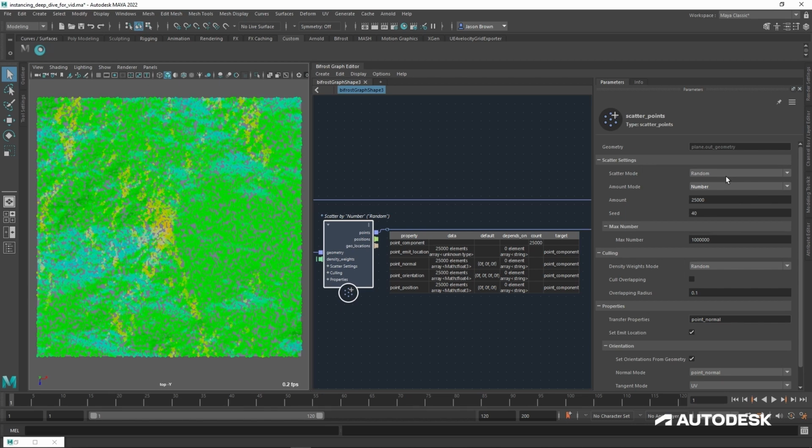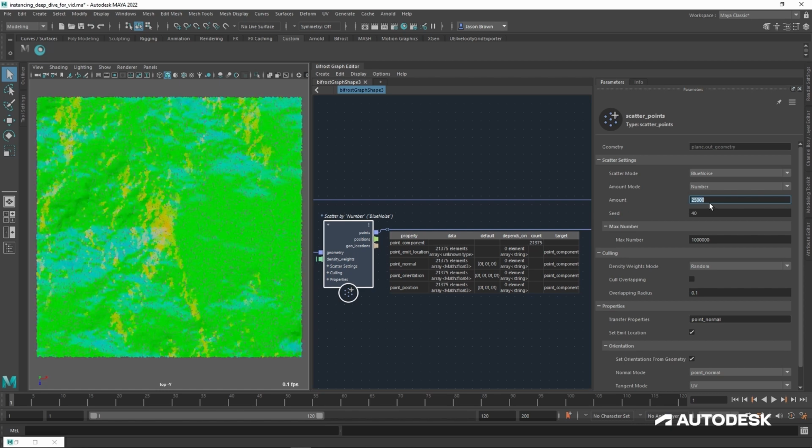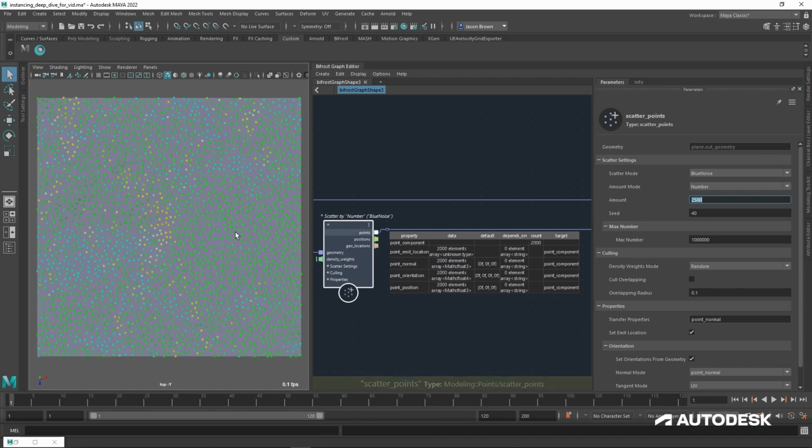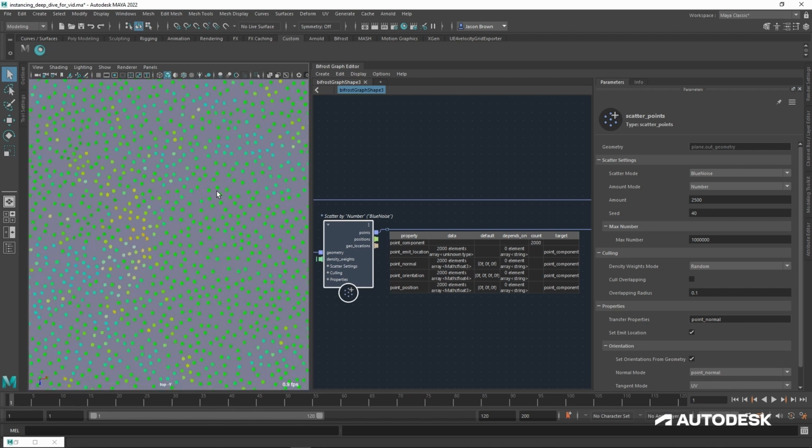So getting a little bit ahead of ourselves, but what we have here is random. Random scatter picks a point based on a seed; it's a random number generator across this piece of geometry. Then blue noise. And what I'm going to do there, I'm going to drop the point count. You can suddenly see what blue noise is doing. So what blue noise is doing is trying to fit as many points as it can in here with enough spacing between them. So as far as possible as they can get from each other.